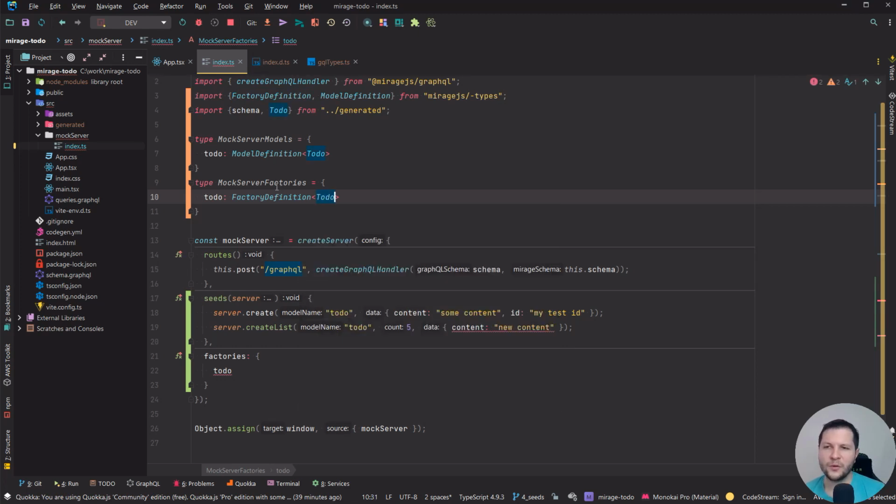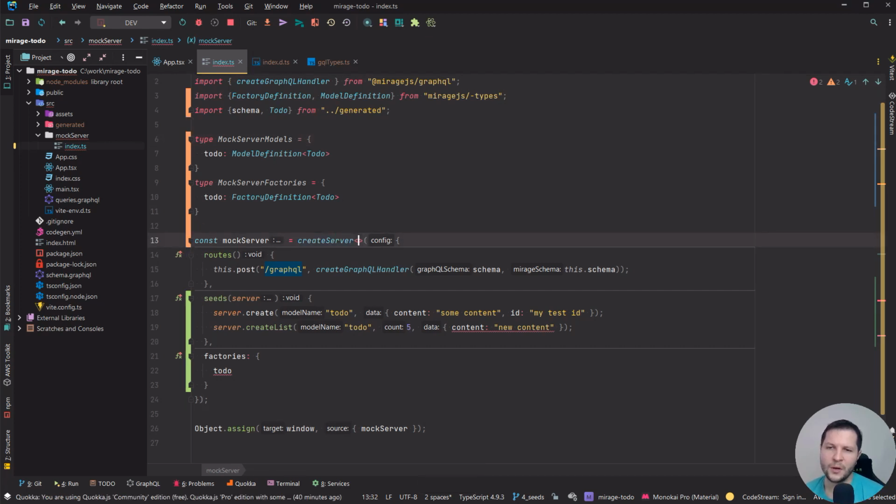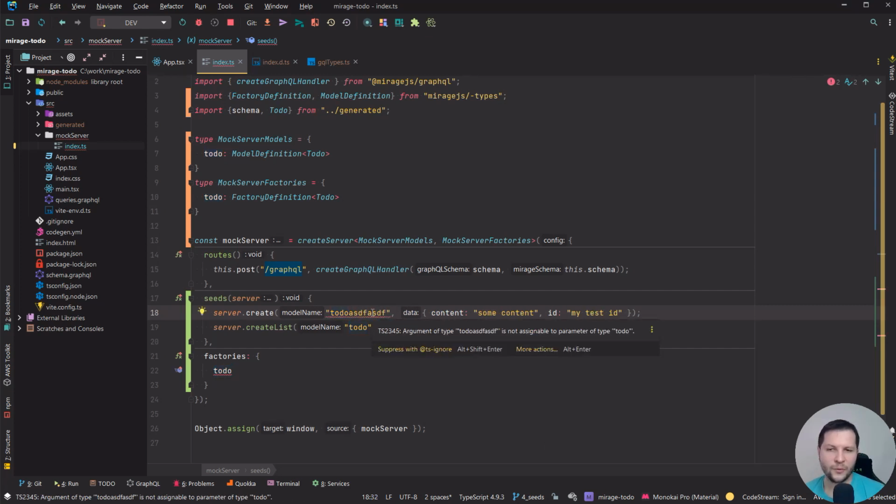And we need to provide those two to our mock server to let it know that we have models and we have factories. And now you see we don't have any TypeScript errors anymore. And here, for example, if we remove it and try to type with auto-completion, it will say Todo. But if we provide Todo gibberish, it will say argument of type Todo blah blah blah is not assignable to parameter of type Todo, because now the server knows that we have in models